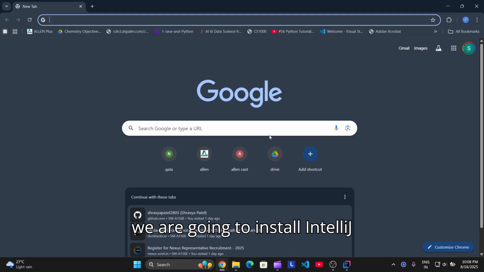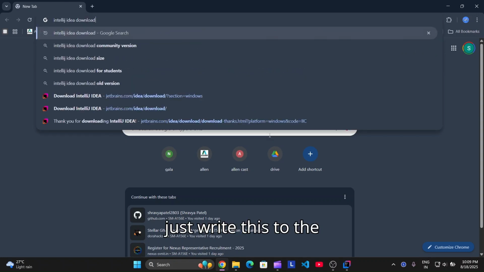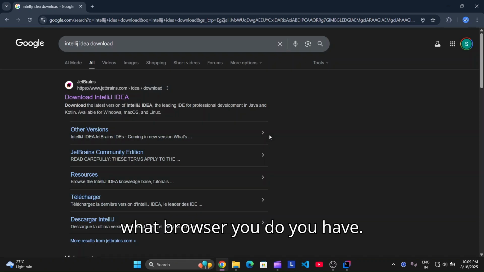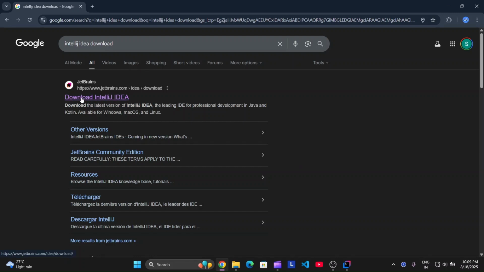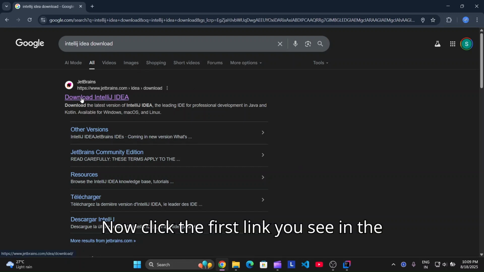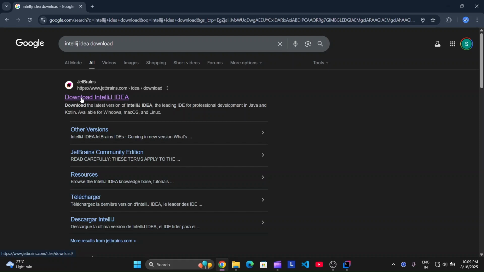Today we are going to install IntelliJ in your PC or laptop. Let's start. First we have to install the exe file. So we just write this in the browser. Open whatever browser you have. Now click the first link you see in the browser